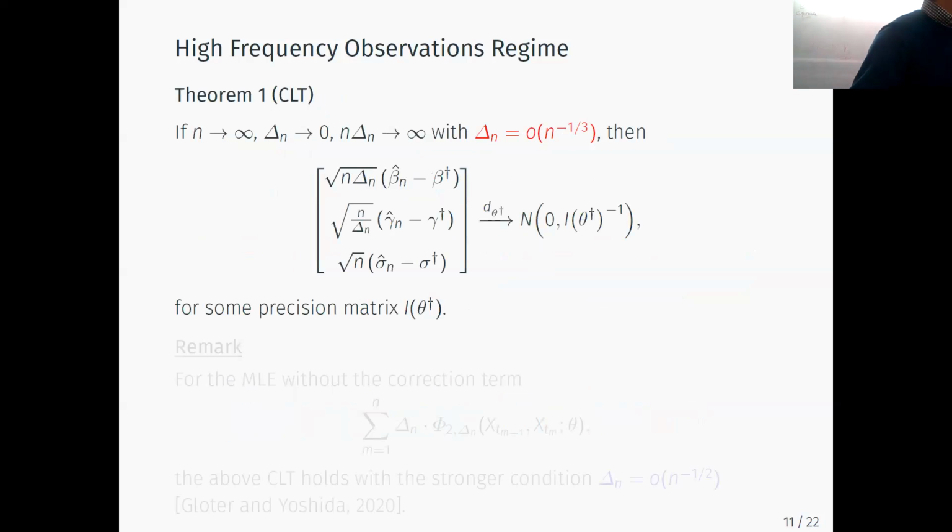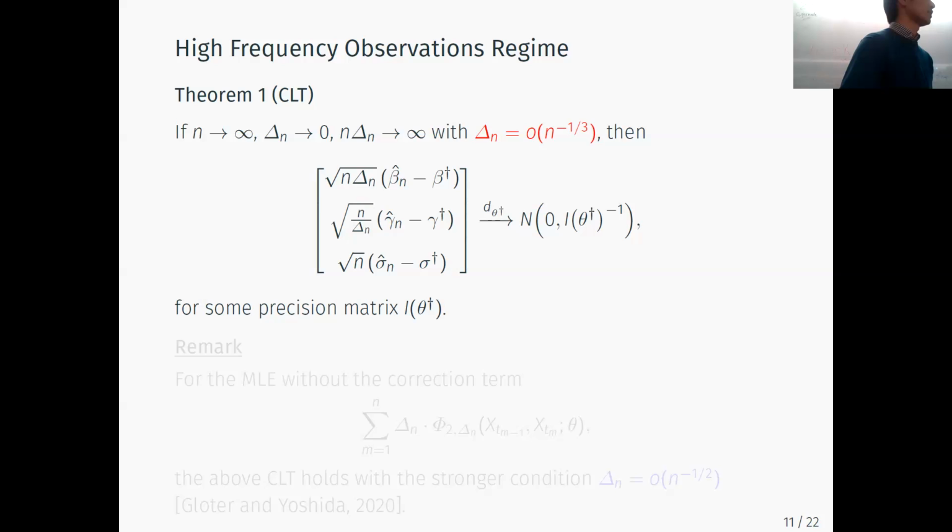Recalling this system, I will present the first main result. This is the asymptotic normality of the obtained maximum likelihood estimator. Under this asymptotics, n is the number of data, and delta n is the observation time step. We assume that this observation time step goes to 0, and also n times delta n, that is the entire time interval, goes to infinity. With this step size condition on delta n, we obtain the asymptotic normality,